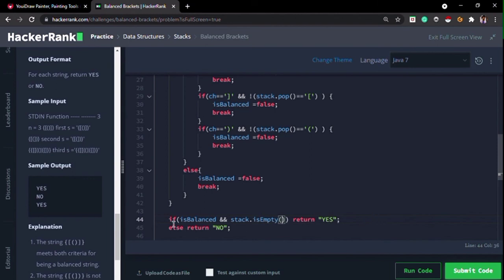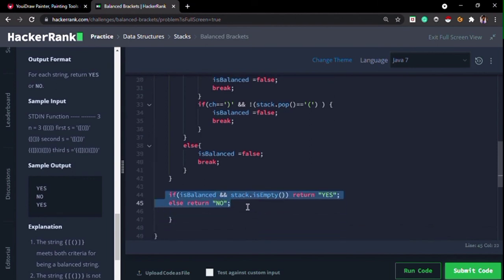We can replace these two lines with a single line by using the ternary operator, so let's see how we are going to replace it.